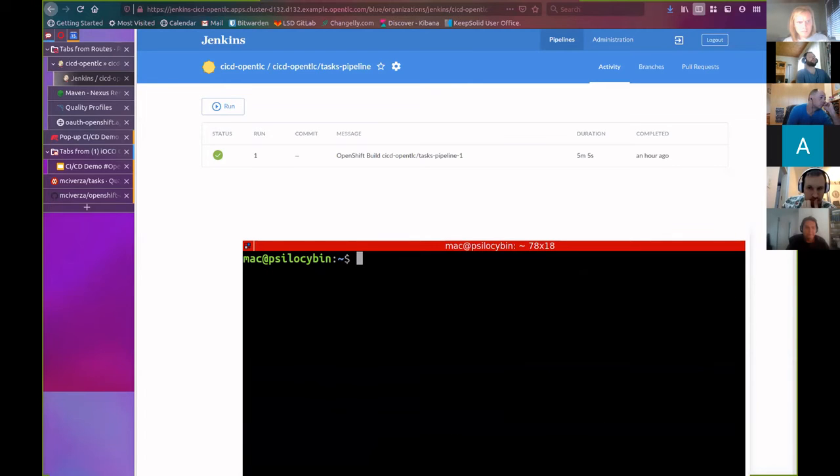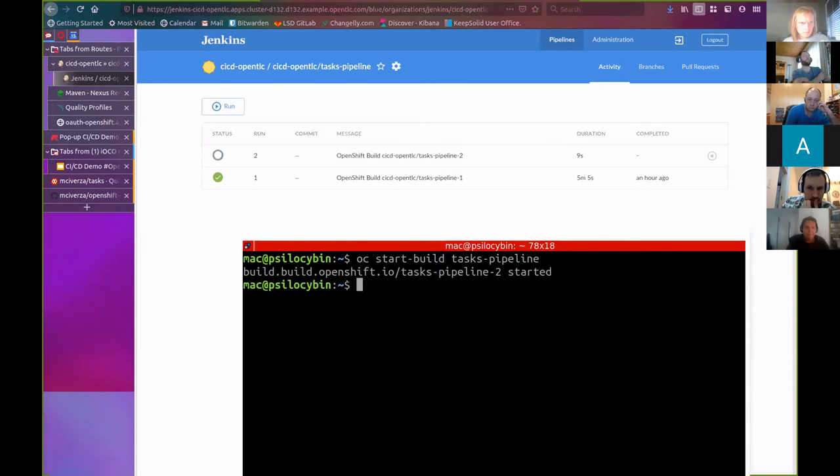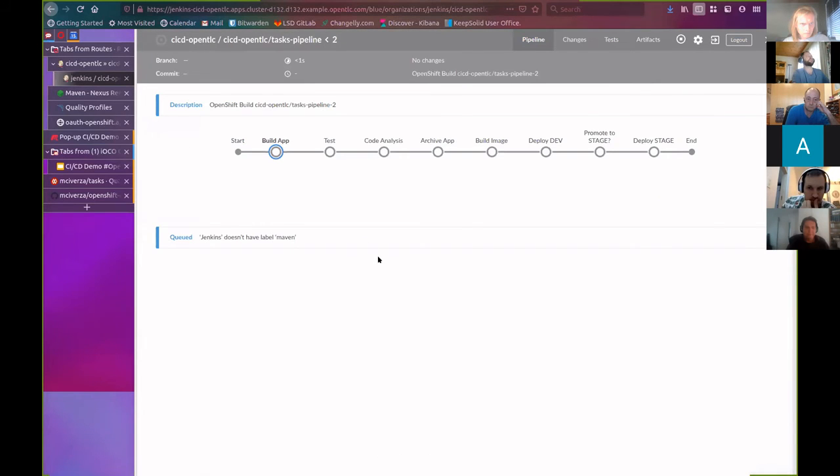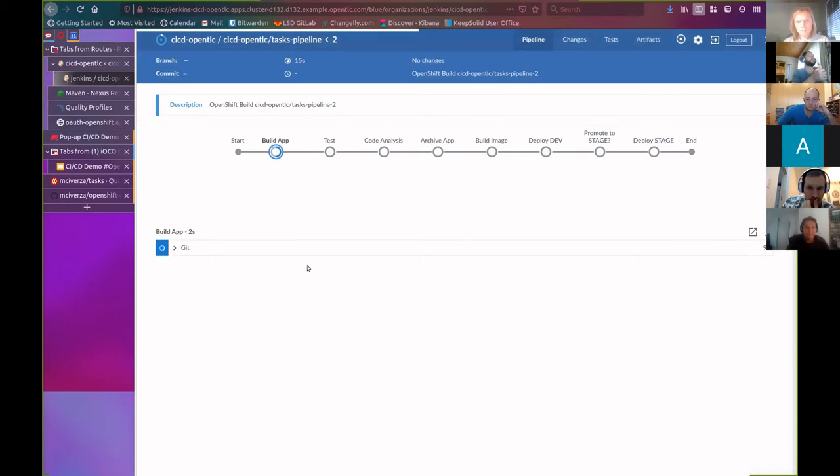So my point of showing the screen here is that when I click start build, we should see the next build automatically kick off in OpenShift. There it goes. So what's happened is my cluster has been told to kick off a build. The build kind that it's started is the build kind of OpenShift Jenkins pipeline. It's going to run through several processes. Just to show the complexity of it,